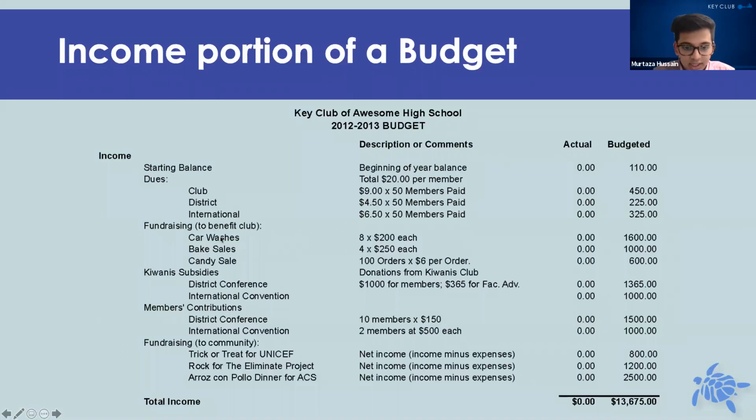And everything here is also broken down in terms of fundraising. If you had a car wash, you want to note down how much money you received every single month. And over here, you can see that there's 8 times $200 each. Well, a budget is what's expected. So you're expecting that throughout the year, you'll probably have 8 car washes and maybe generate $200 each. Or if you have a bake sale over here, you'll generate $250 from each bake sale